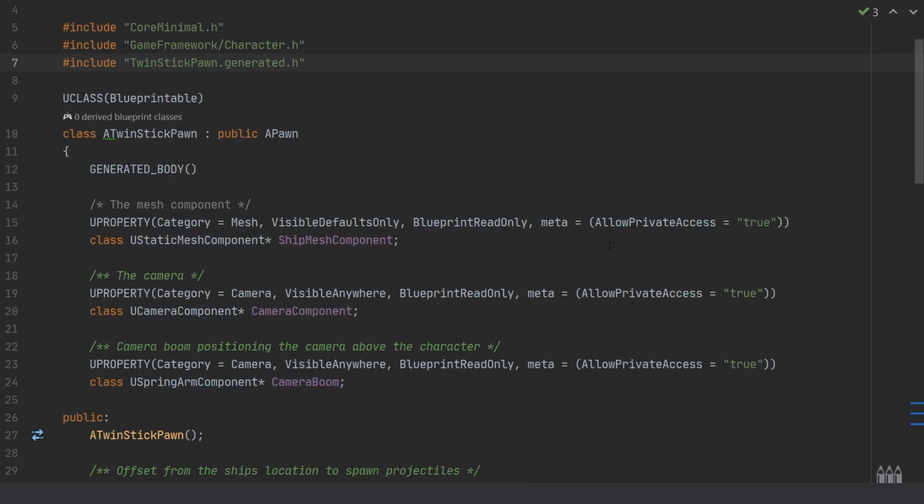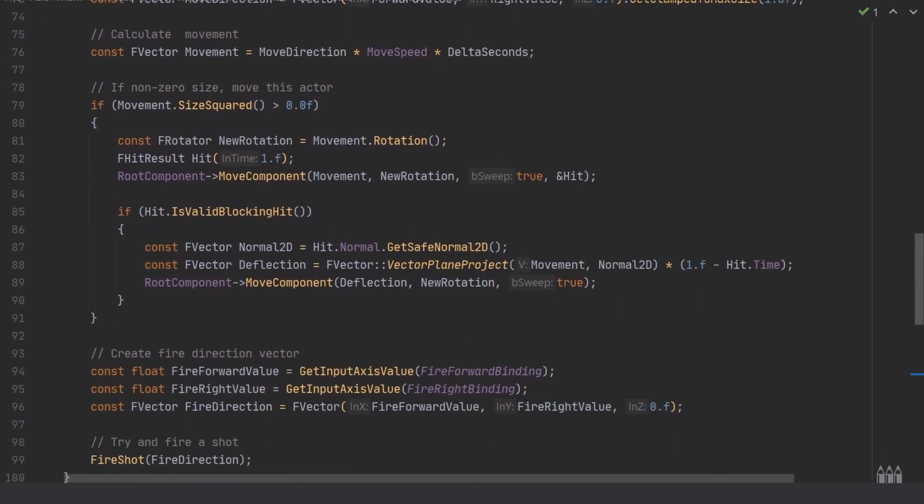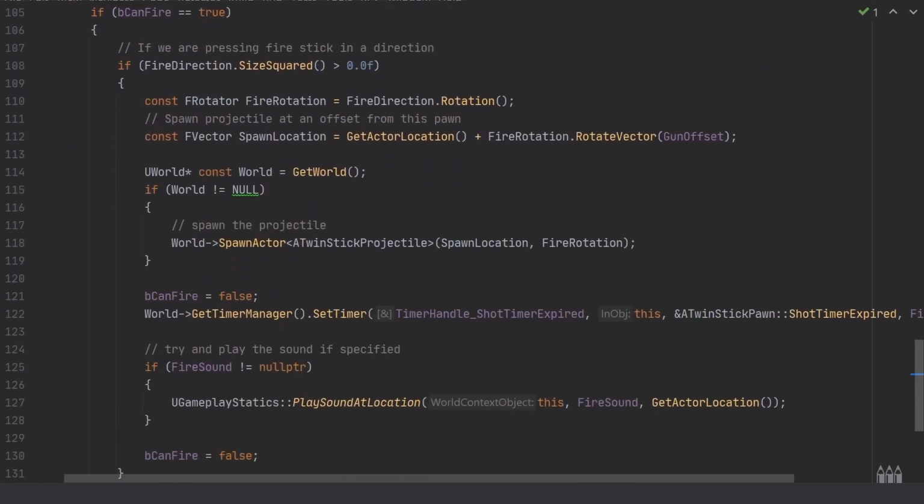And the first thing we want to do is actually expose the type of projectile that we'll be firing later. Because again, at the moment, we're kind of hard defining that we'll be firing the only type of projectile that we have, which is fine because we don't have anything else to swap between. But let's just take a quick look at what this means. So over in the code file, if we scroll all the way down here in the pawn class again, we can see we have a function call here to the spawn actor, and this is spawning specifically the ATwinStickProjectile class. So this is never going to be overridden. We won't have any kind of flexibility or option to change this,